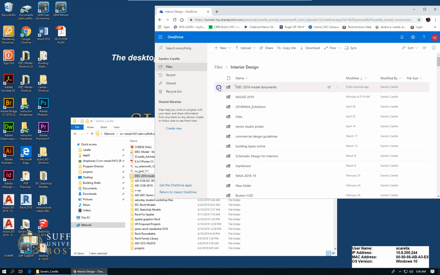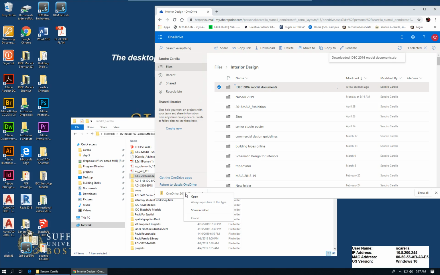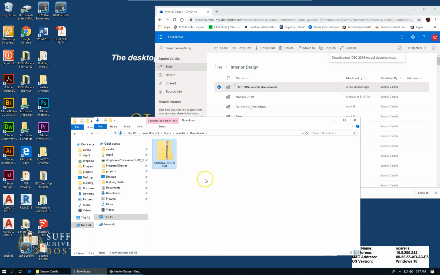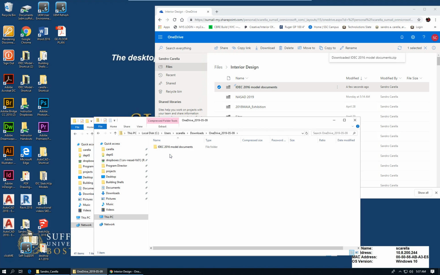Let's see what happens if I were to highlight that folder and say download. Practice this so that you understand. It says downloading IDC model documents.zip. Right? So here it is. You can right click and say show in folder if you're more comfortable with that. I like doing that. And then you can double click